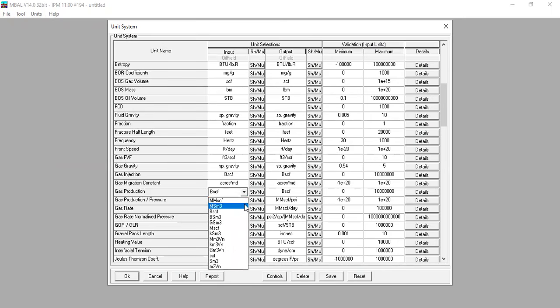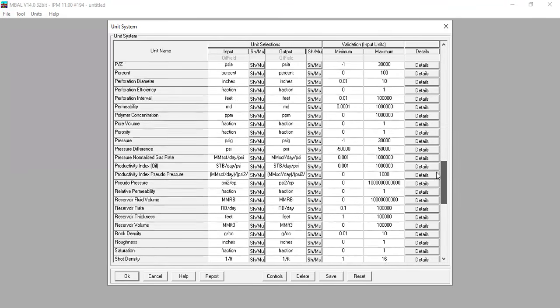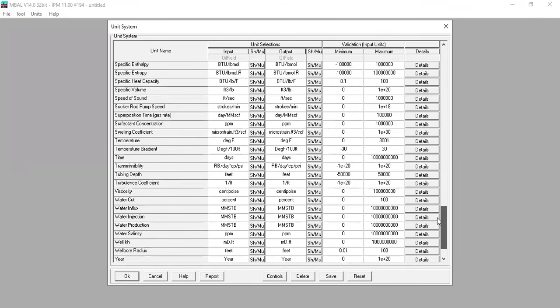You can change it to MMSCF or the other units. Okay. Many things you can change. Even, for example, formation volume factor, you can change flow rate, you can change others and others. You can check it yourself.